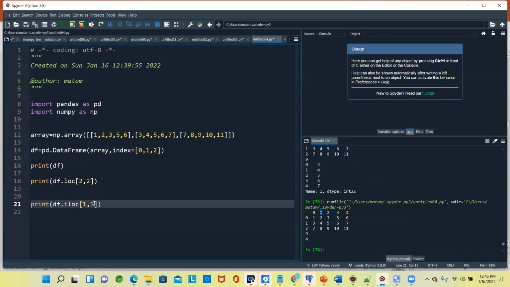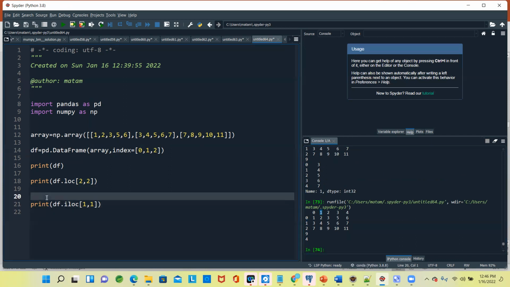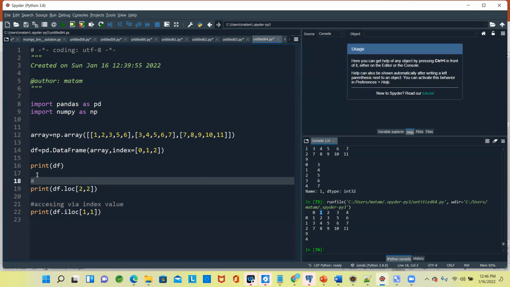Even 1, 3. So now it is like index value. This is accessing via index value, and this is accessing via index name. That's the point.